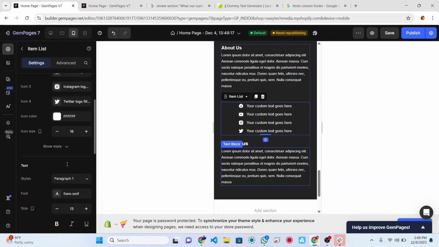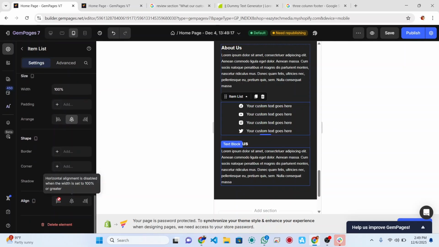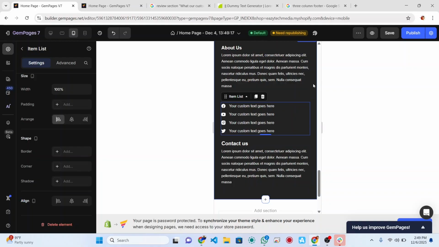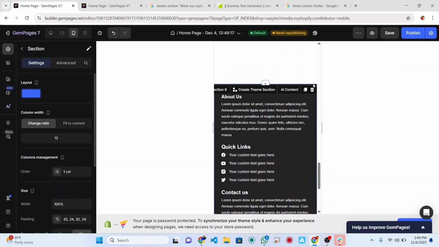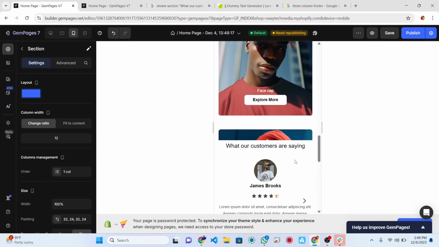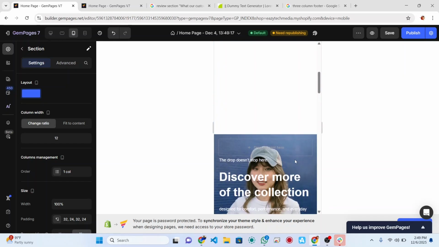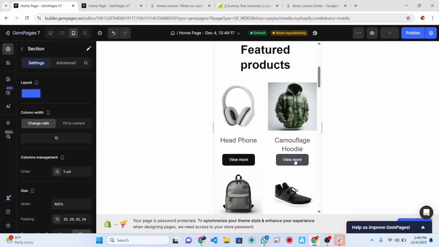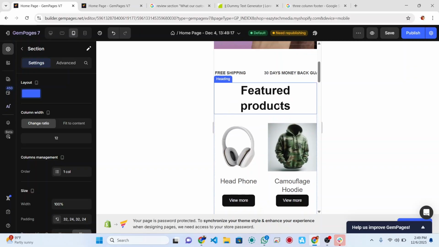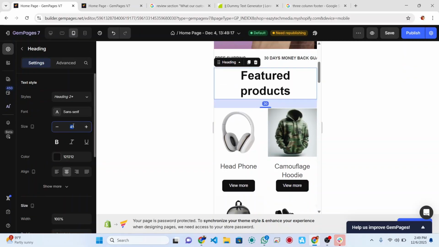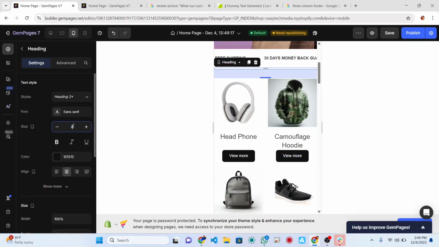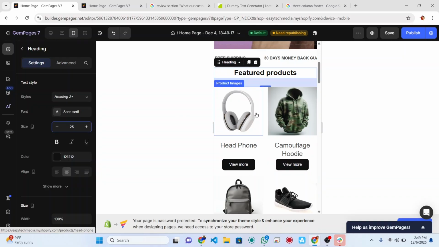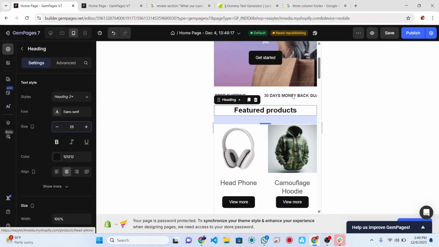Because since we are working on the mobile version, it appears better. So you can see this is really nice. Okay. So you can see how it looks on mobile. It's looking good. Change this one to 25. Okay. So you see that